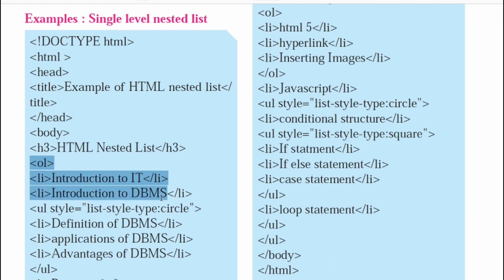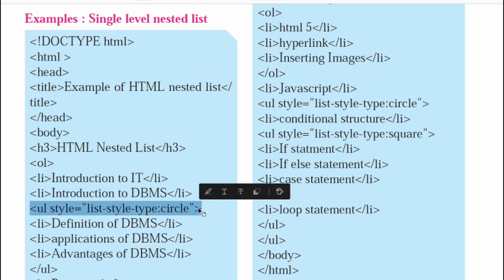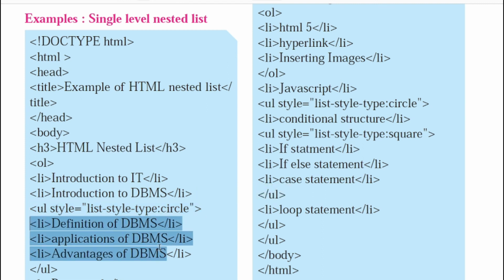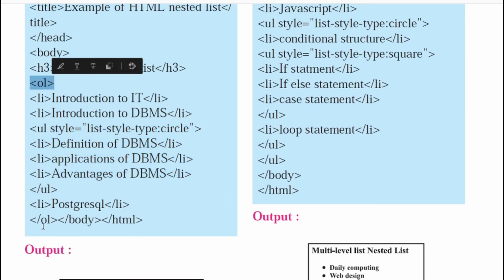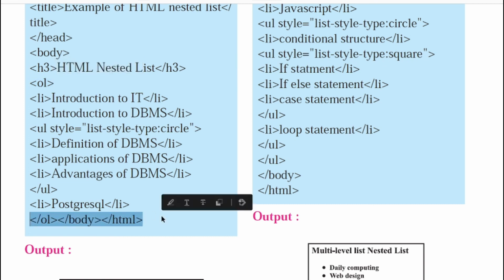Then we have some list items over here, and then suddenly before closing OL, we begin with a new list type, that is UL, which will be shown with the help of type circle, and then some list items again, and we have closed this unordered list over here. Remember, the main list is OL, that is the ordered list. Similarly, as we move further, we have closed this ordered list and closed the HTML.